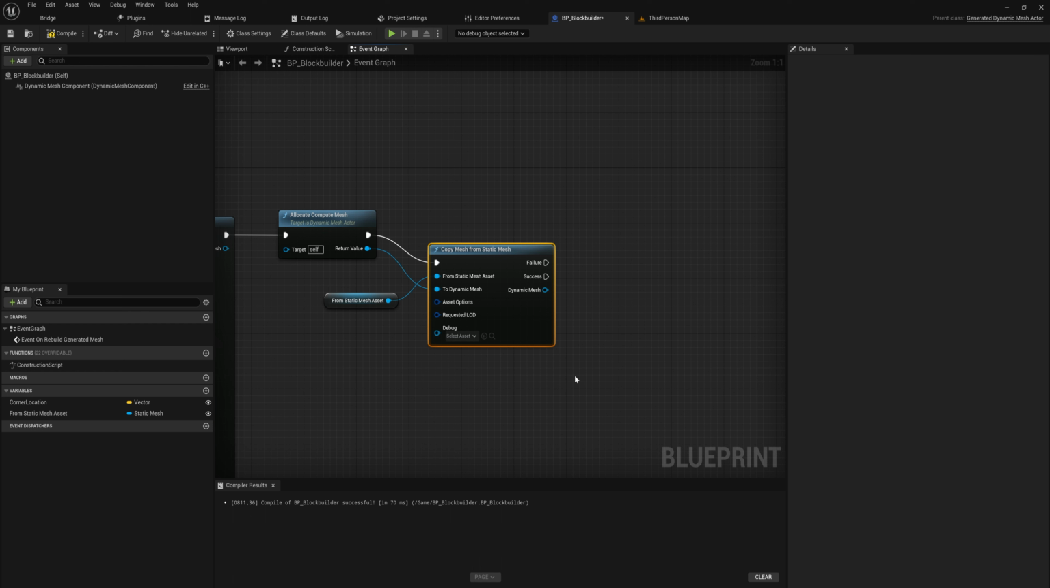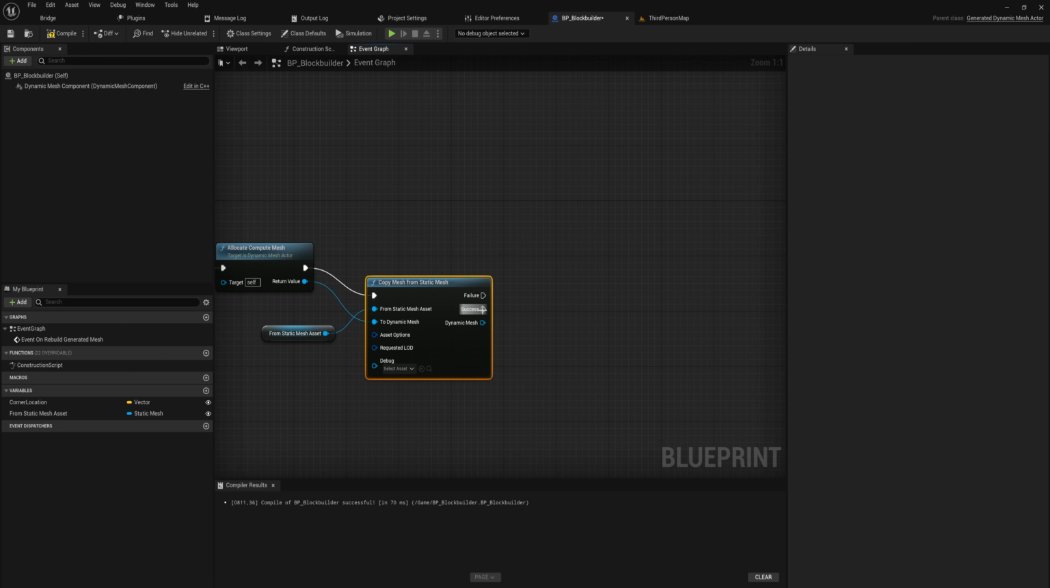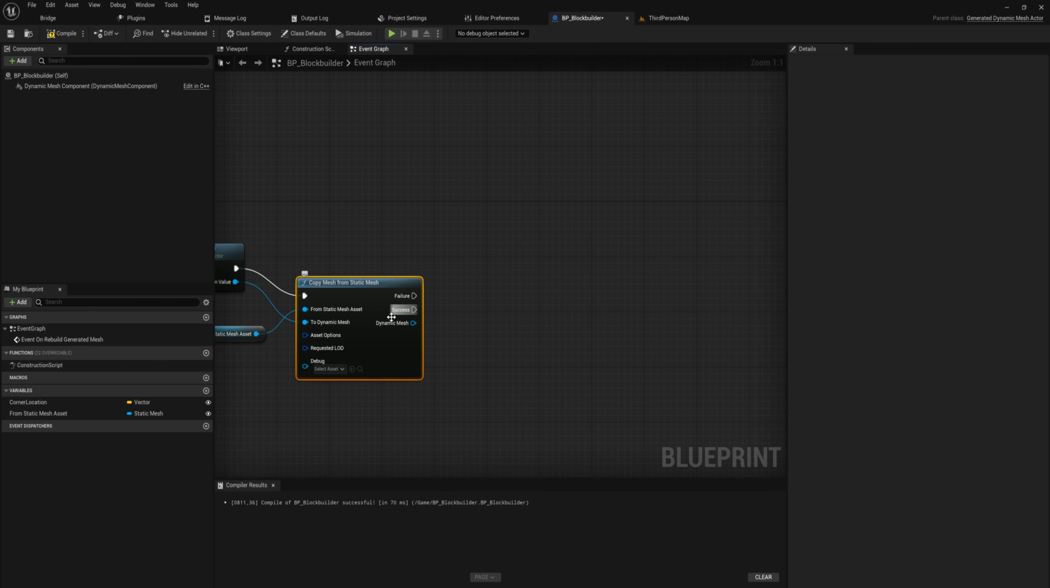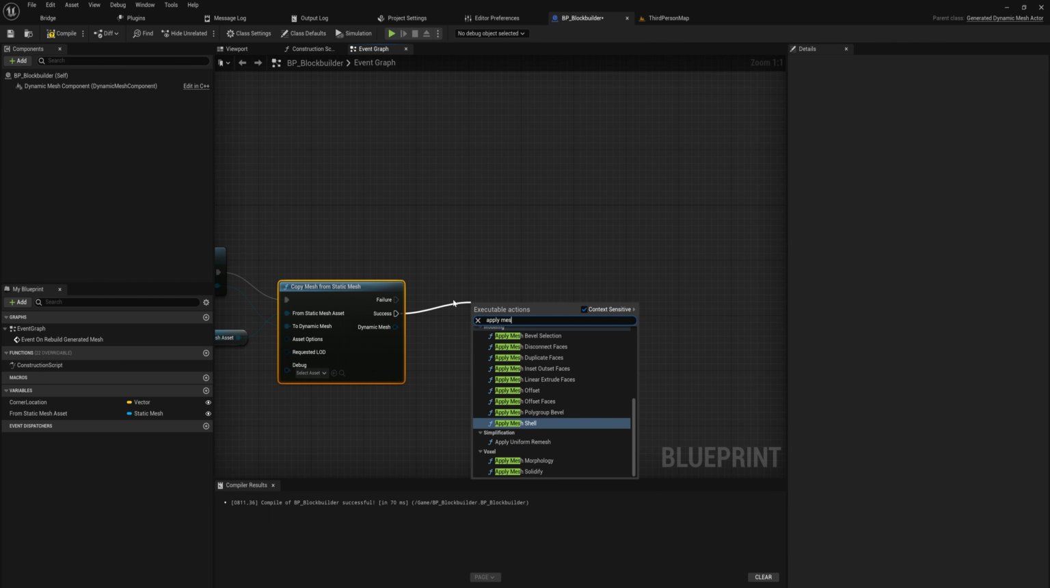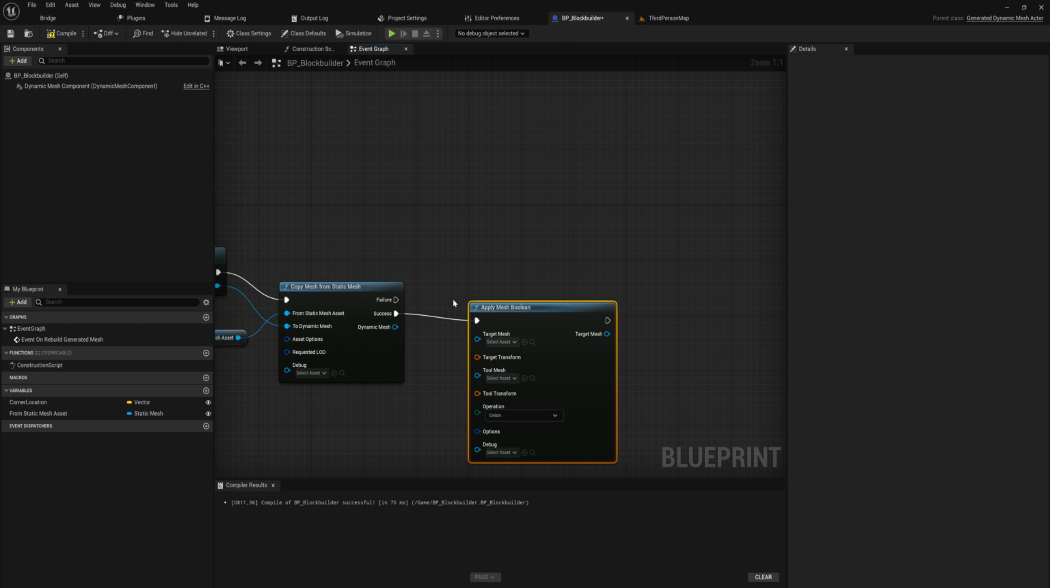And that's why you have to convert a static mesh into a dynamic mesh. You take the static mesh asset, then convert that into just calculation information, and then you can use that as a dynamic mesh with this node. If it for any reason fails, you don't want to use this dynamic mesh, of course,